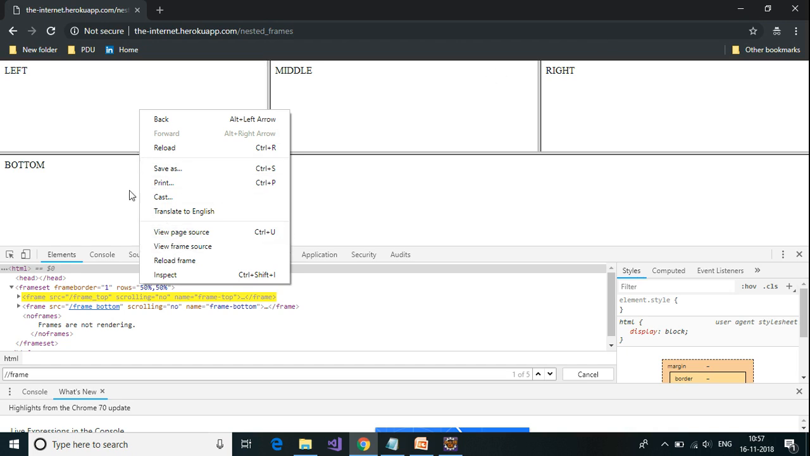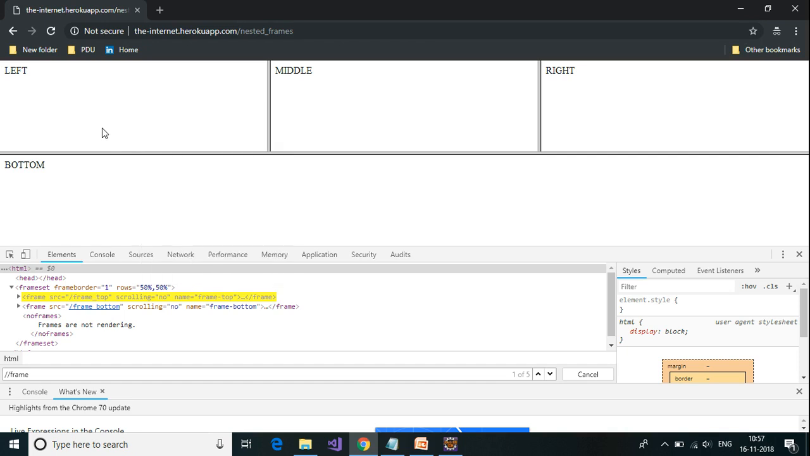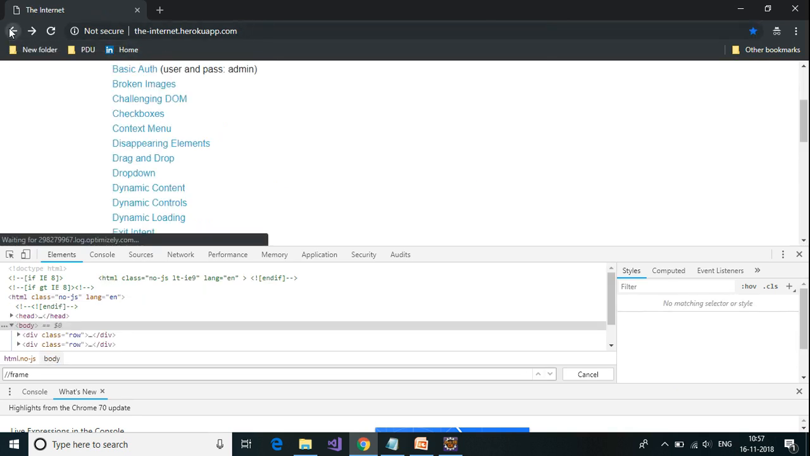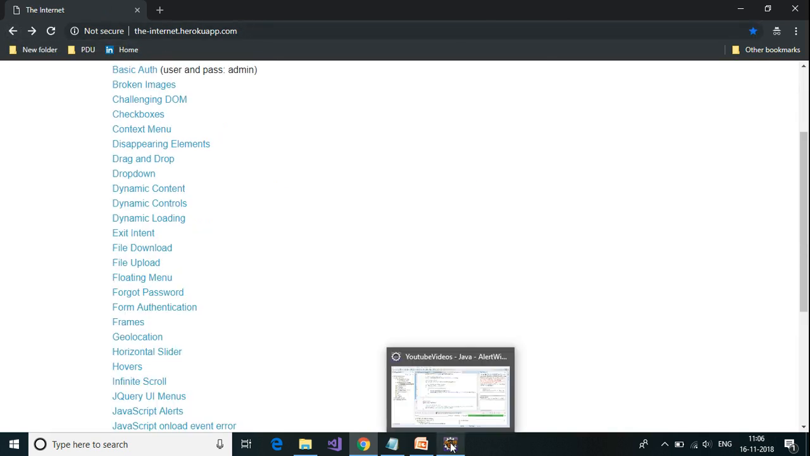Okay, so this view frame source will appear only if you have a frame available at the location where you have right clicked. Okay. So let us take a look at the example now. Let us flip over to